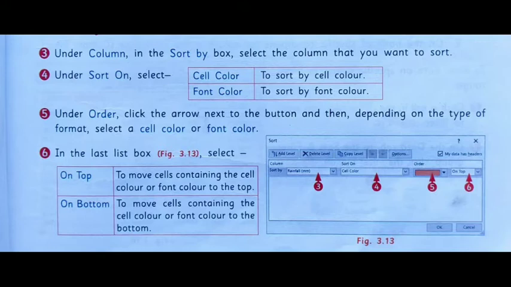Then under Order, click the arrow next to the button and then, depending on the type of format, select a cell color or font color. Then in the last list box, select On Top to move cells containing the cell color or font color to the top, or On Bottom to move cells containing the cell color or font color to the bottom.